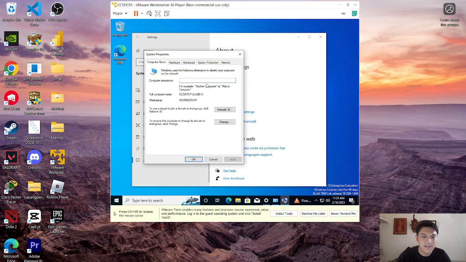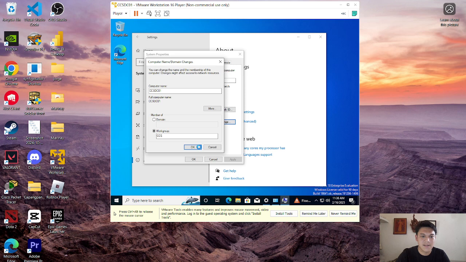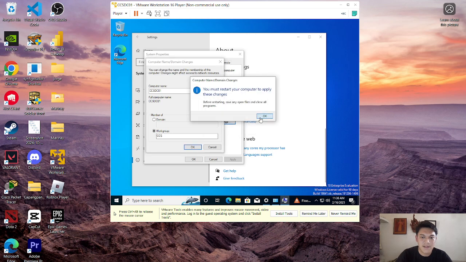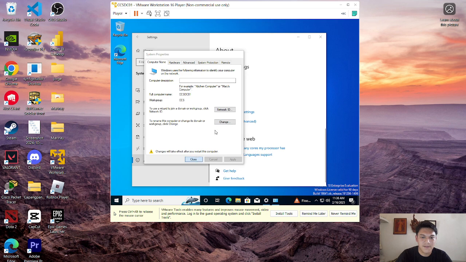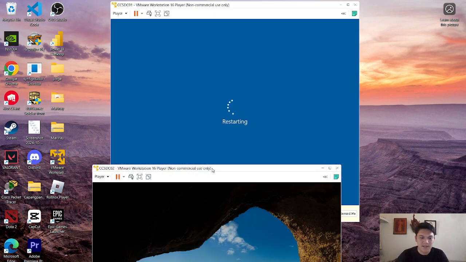Then I change here CCSDC01, then workgroup CCS. Then click OK. This is where the workstation will restart when I click OK. Restart now. Let's go for the CCSDC02.